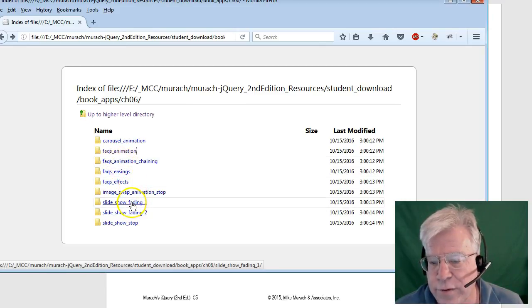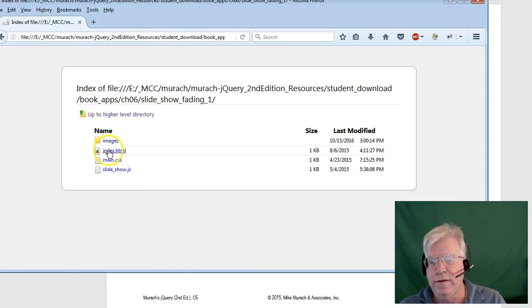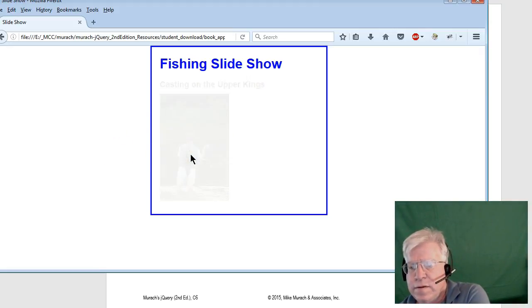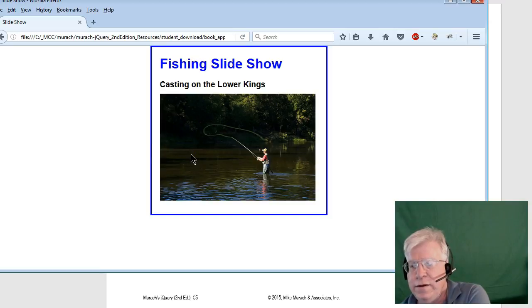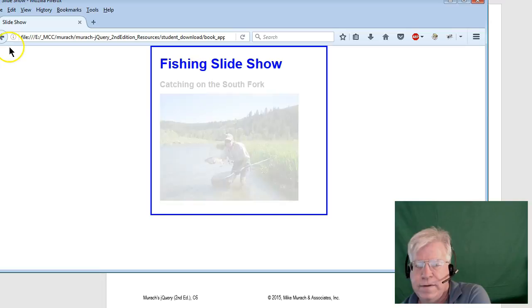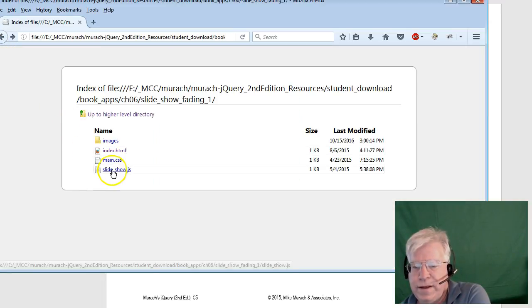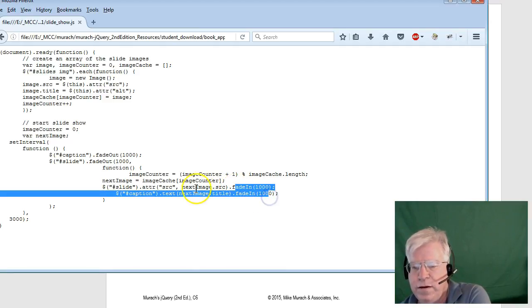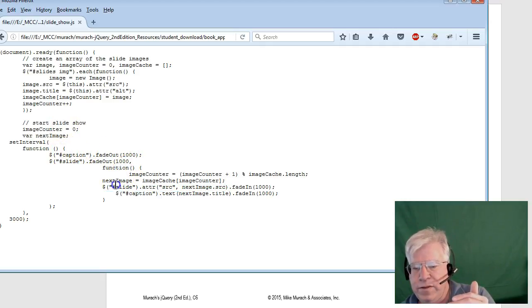So slideshow, here's a version of the fading in and fading out. Just by clicking on it, you can see the fading in and fading out happening. And then let's take a look at here's the code that's doing that. And again, we're interested in what's happening here. We're starting to understand that the various objects are being called and that things and events are happening to the